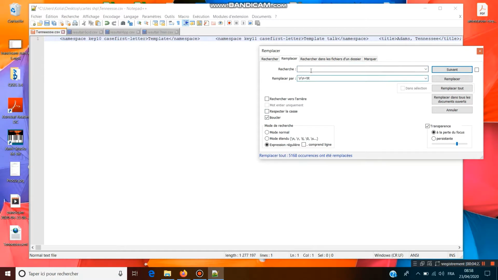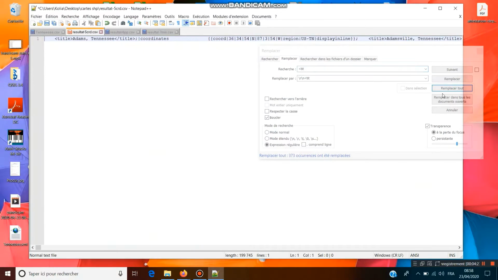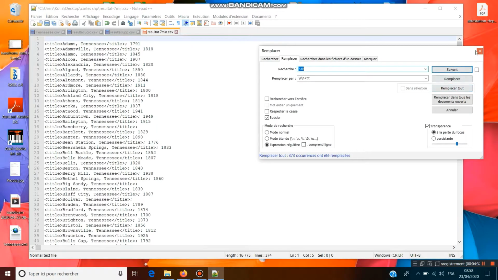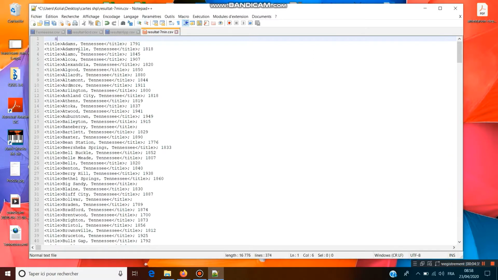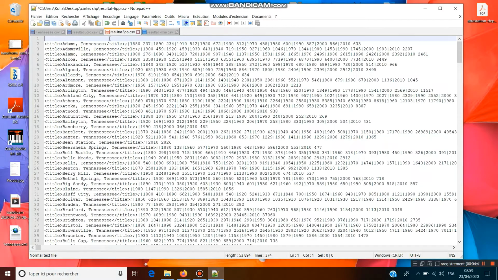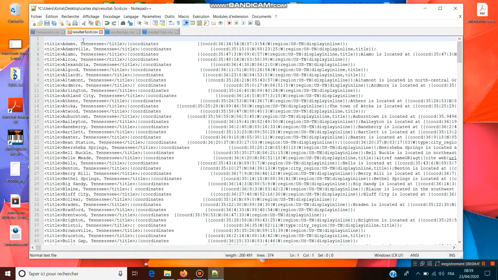Then we will make our columns, in which the title column will be the first column. We'll give the column names in the first line.